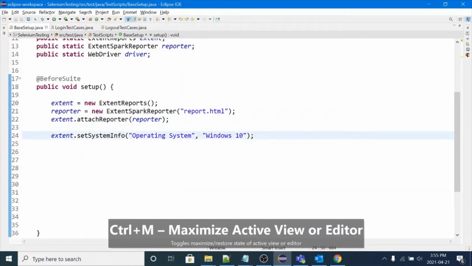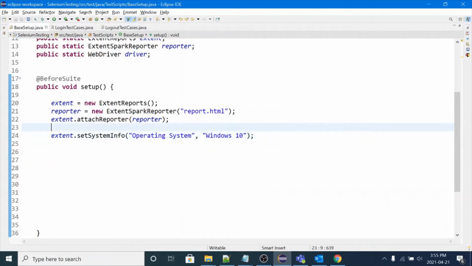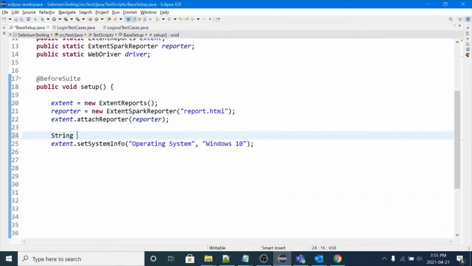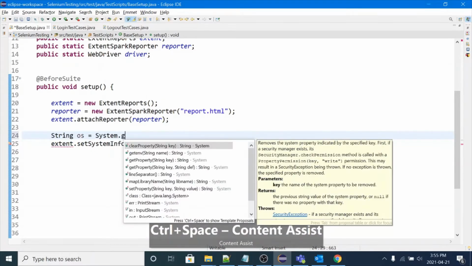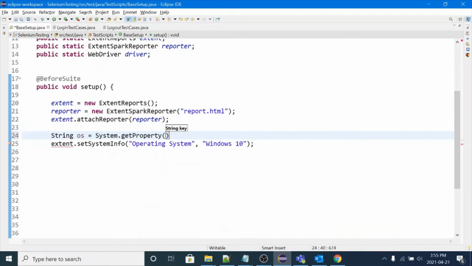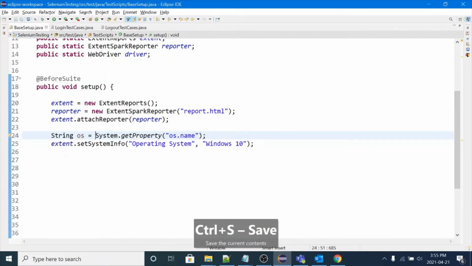Let me write String OS = System.getProperty. Here you can pass os.name. This code will read your operating system name. Now you can pass this OS here.